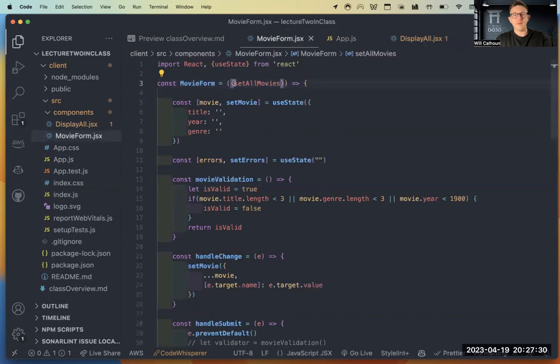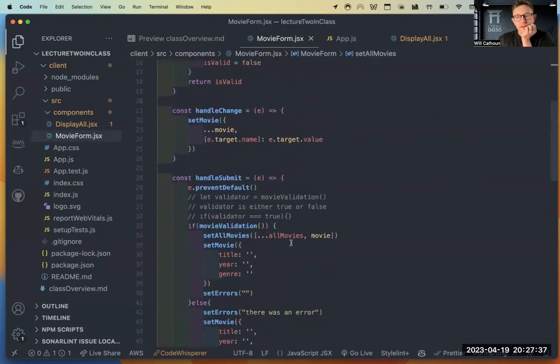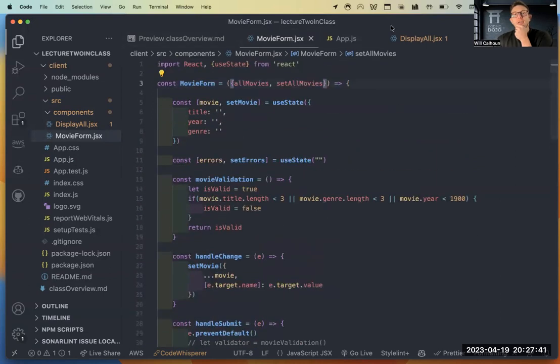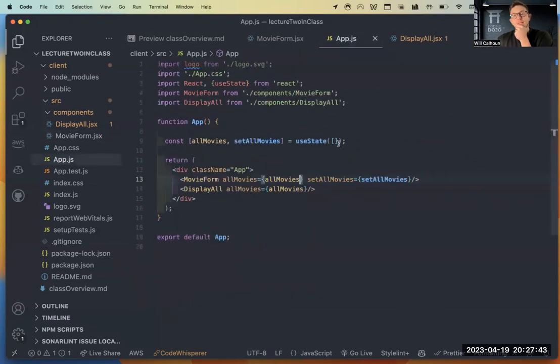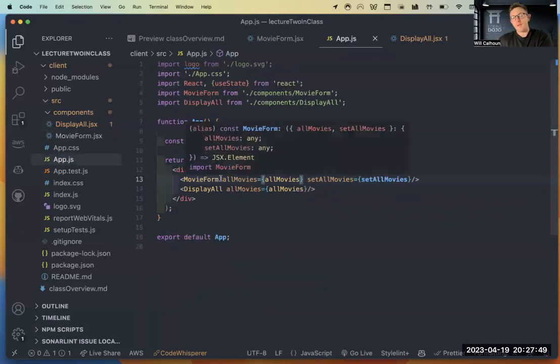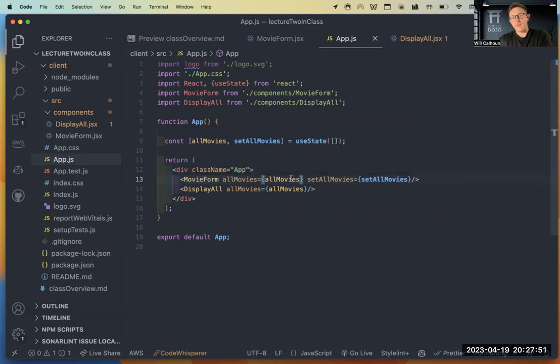Then we come here and we say all movies, comma, right? So we destructure up here. And so now our error goes away. So our state, though it is living in my app.js, it is now lifted up. So that way our form can take in all of that information, set all of our movies, but then we can also display that. So if I wanted to show it somewhere else, let's say I had another component that was just like a display component.